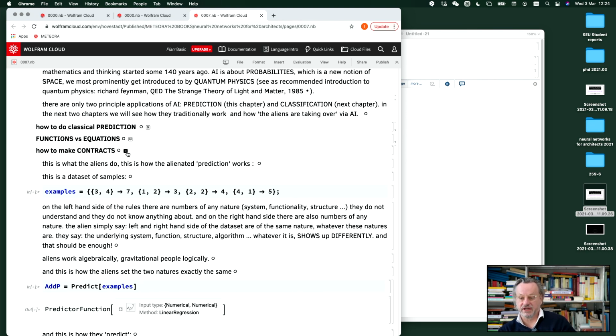They are not gravitational, they are of light, which means they are not with functions, which implies they are not with predictions, they are with light. So they have alienated predictions. So this is how it works. So for example, so I don't have to say what is an addition. I simply say,